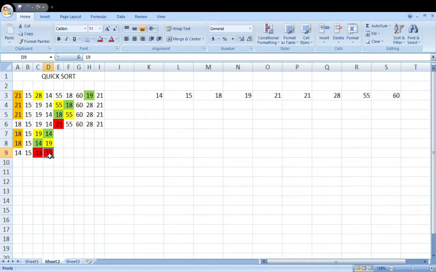Now on the left side there are 2 numbers, so it will try to sort these two, though it is already sorted. Actually the system will try to do that, okay. So it will try to place 14 in the right position. Now let me take this. Control C, Control V. Okay, so now 14 is to be placed in the right place, right?